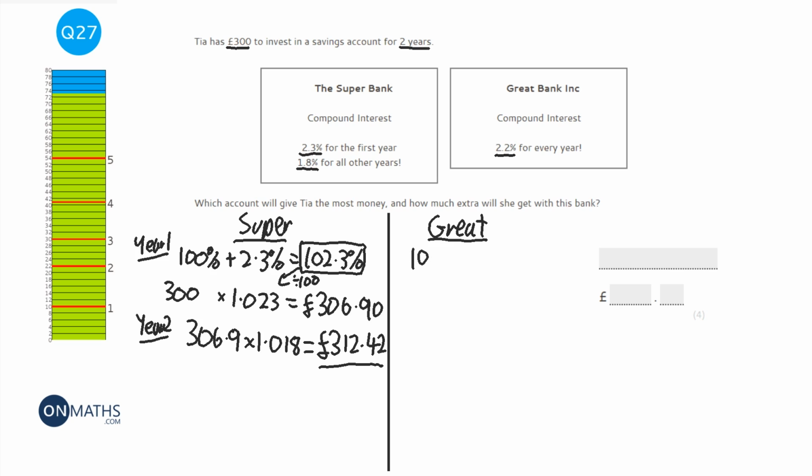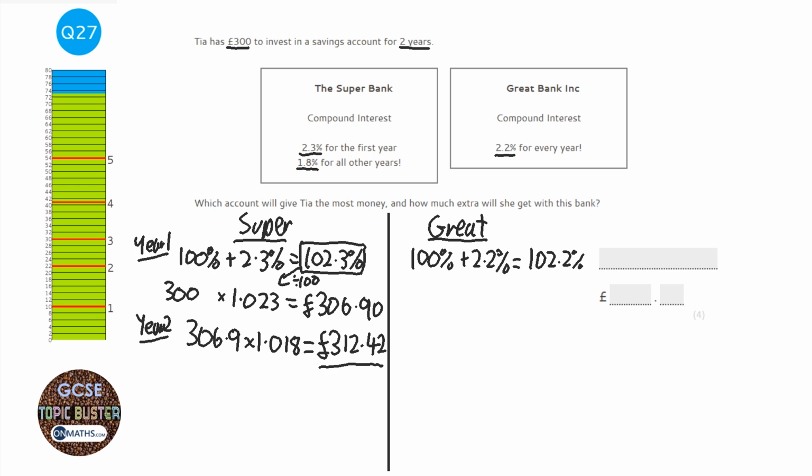So let's work out as a multiplier. 100% plus 2.2% equals 102.2%, and then as a multiplier, that is 1.022 by dividing it by 100. So we're going to times that £300 by 1.022. So 300 times 1.022,